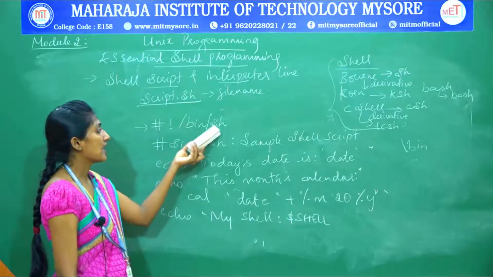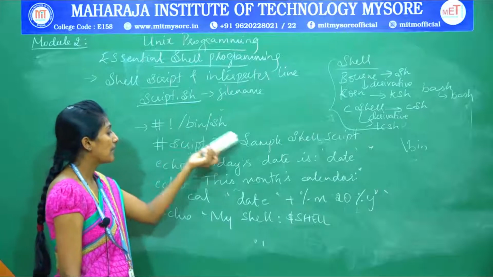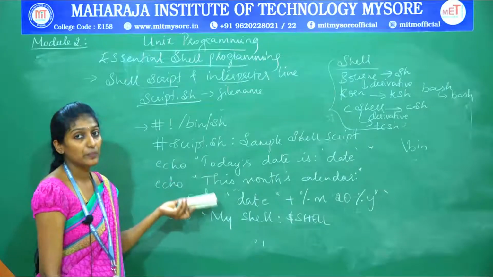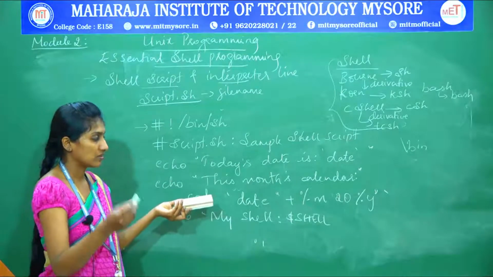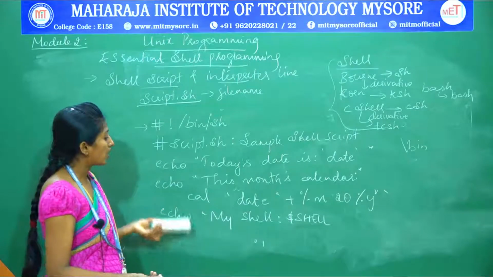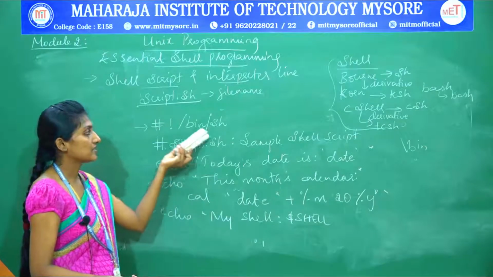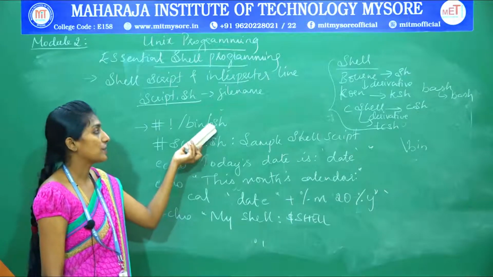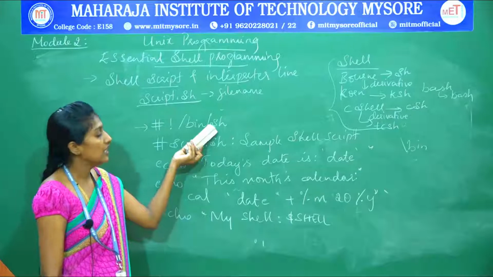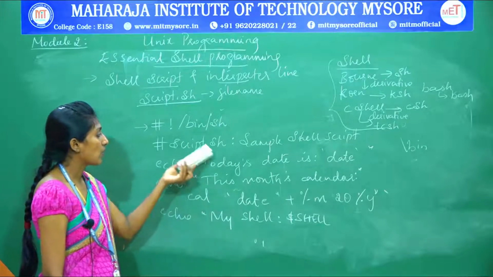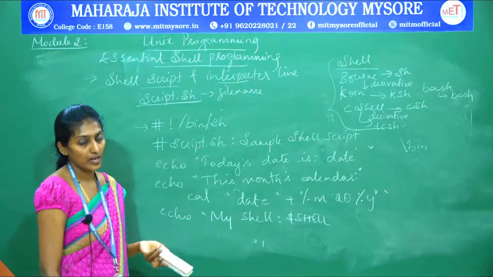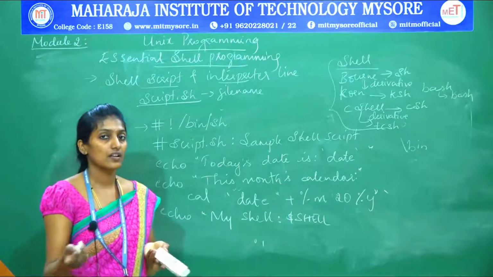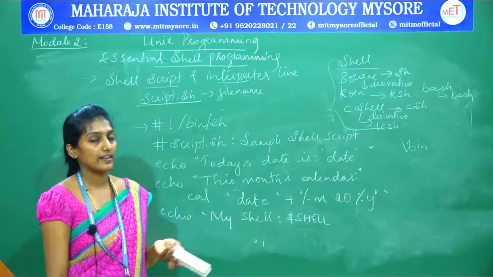So /bin/sh. Under this directory path, all these commands have to get executed, or rather interpreted. All these commands will get interpreted by using this sh variant, the Bourne shell. It is going to interpret all the commands I have enclosed in this script program. Finally, after interpreting, it will be passed on to the kernel. The kernel will execute the program and you will get the output.